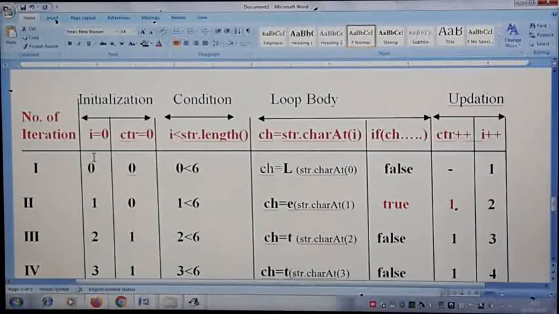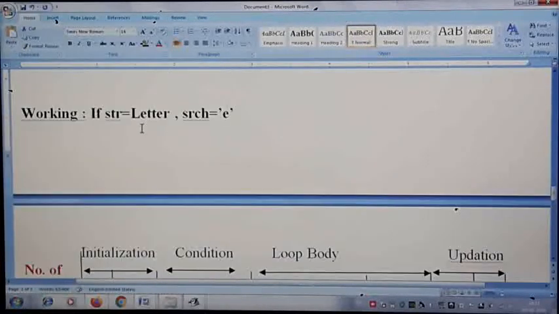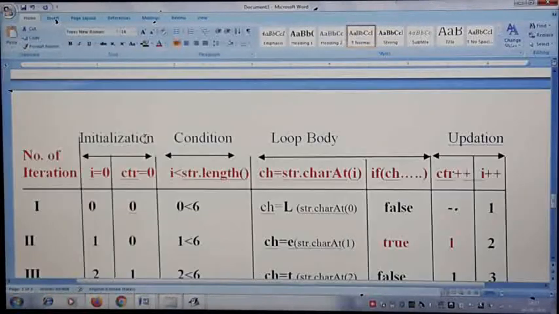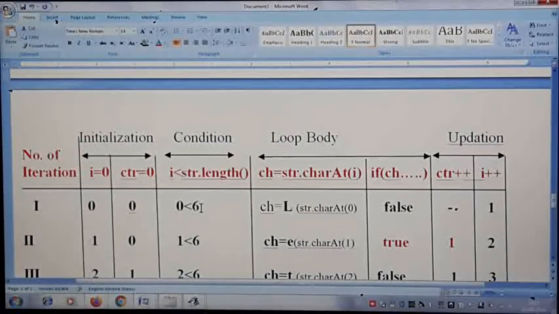Initially i is pointing to 0, ctr is also 0, and 0 is less than 6. If you see letter here, 1, 2, 3, 4, 5, 6, there are 6 letters in this str variable. So the outcome of the length command is 6. 0 is less than 6, the condition is true, so it comes to the loop body.